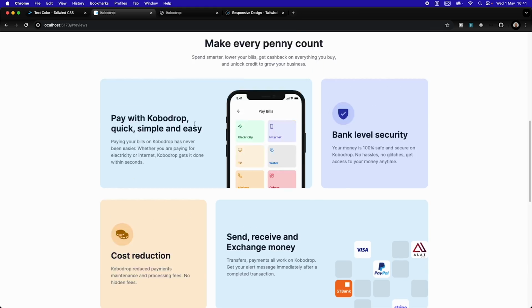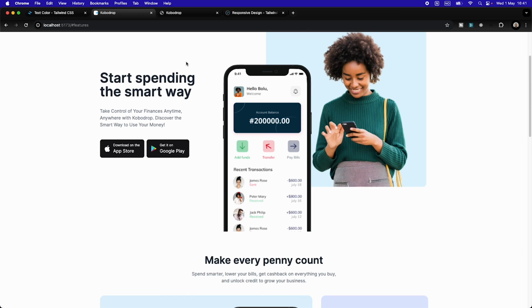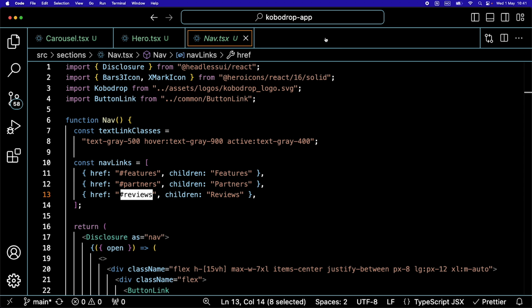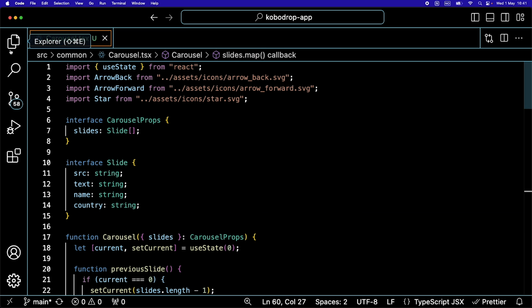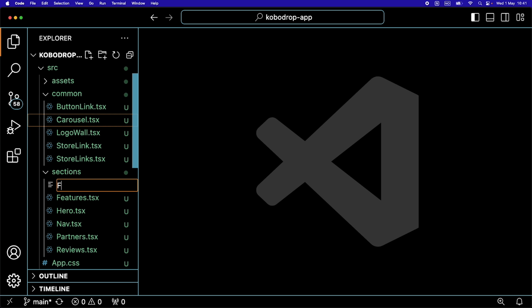Reviews. There we go. Partners, features. Perfect. So now we can create a new section called